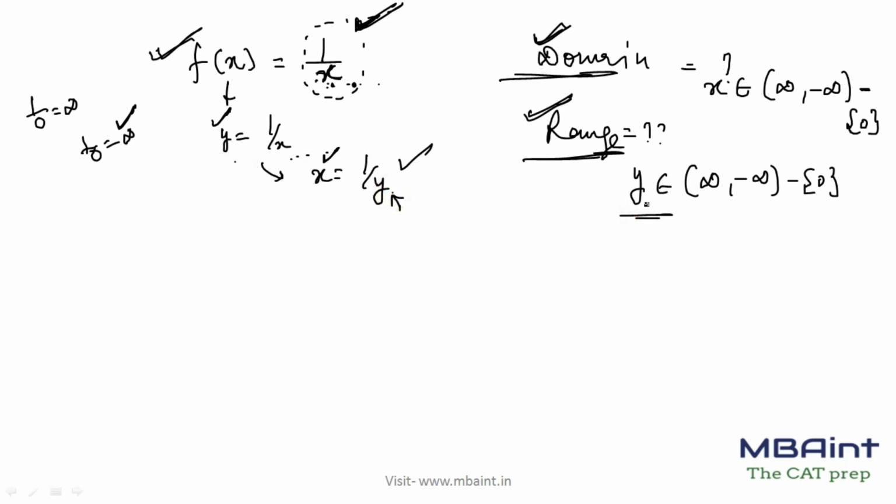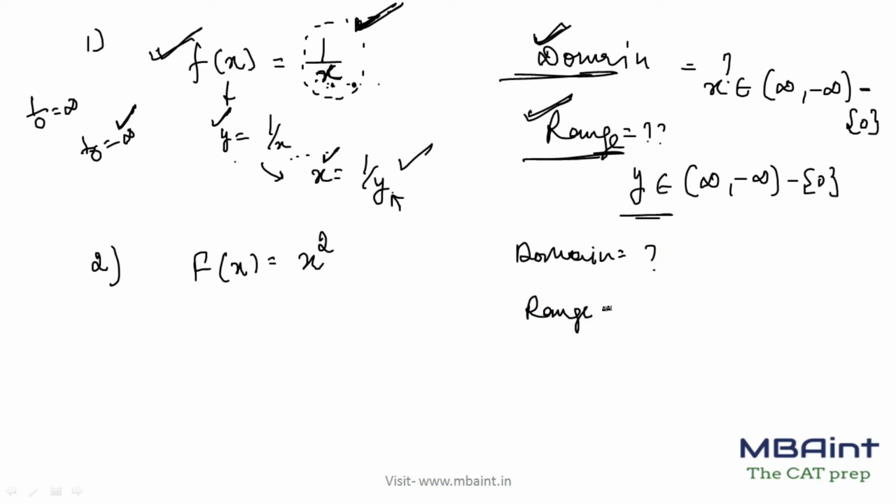Okay, so guys, I hope the basic understanding is clear. If not, you can always connect to me. I'll try to make it clear. Now, let's take one more example so that it makes you a bit clear with the understanding. Let's say f of x is equal to x square. Okay, so now again I want you to calculate the domain, and I want you to calculate the range. So guys, pause this video and try it by yourself how to find the domain and range.